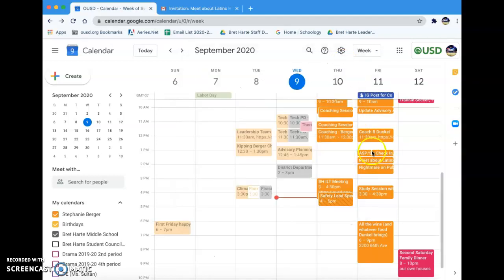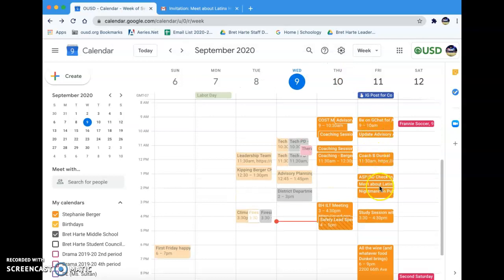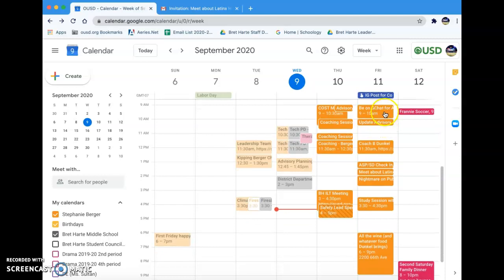Now, as you can see, I have a lot of events on Friday. A lot of events, and they're all in orange. Some of you might like to keep those all one color. That's fine. But you may want to change the color. You may want to change the color and have maybe one color for your science class, one color for everything having to do with your math class, one color for everything having to do with advisory. So I'm going to click here and I'm going to say,